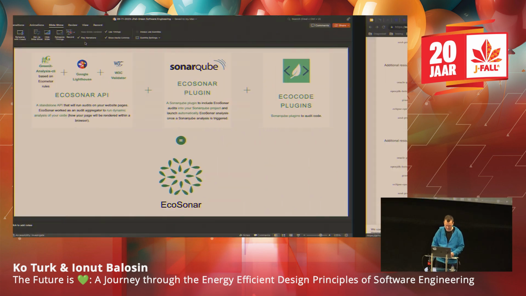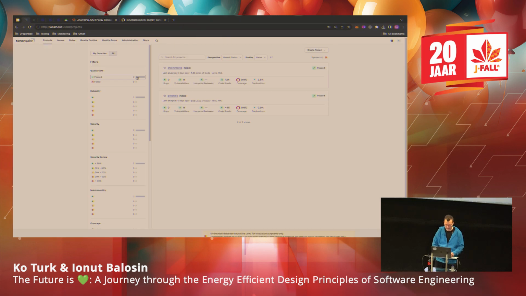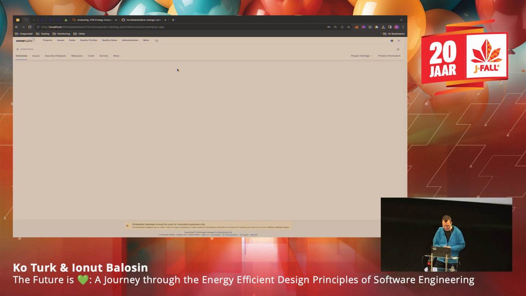So if we look at this one, I took your application, Ionut, surprise. It's a good surprise, yeah. So you have an e-commerce application. I was thinking, hey, let's measure it. How eco-friendly is it? So I'm running a local instance and